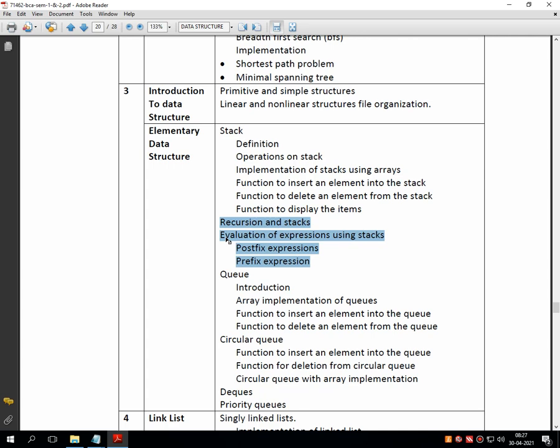Recursion means whenever a function calls itself, it is called recursion. It's just like talking to itself using a mirror. That is called recursion. So let's see how we can implement the operation of stack using pointer.